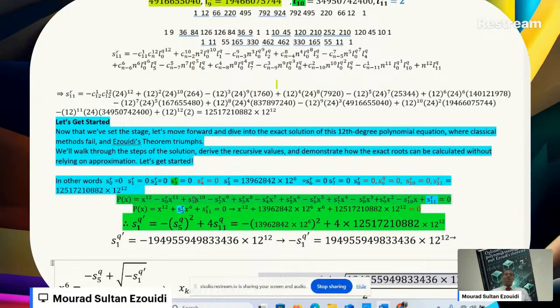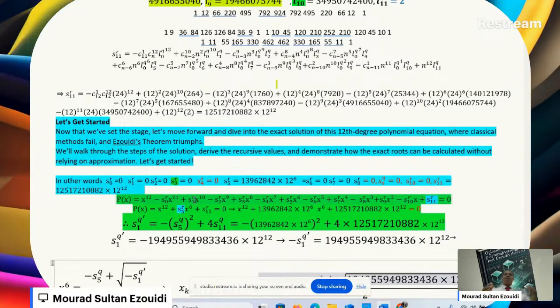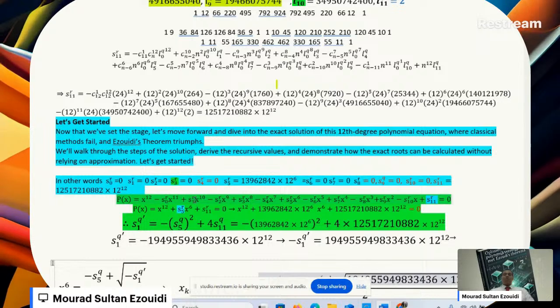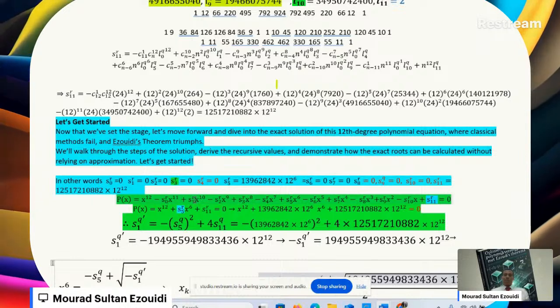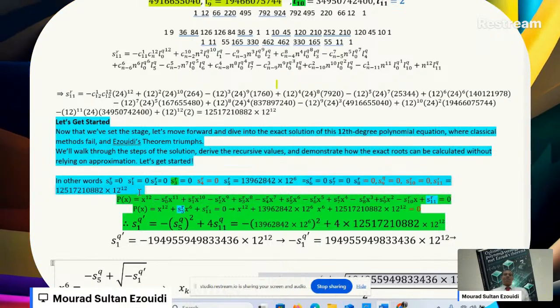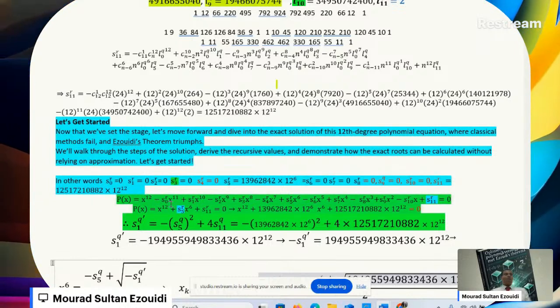So I now got my new coefficient, the new 12-degree column equation. The new 12-degree column equation has to be written in terms of the x term and the coefficient of s subscript k. In other words, we have x has to be equal to x raised to the power 12